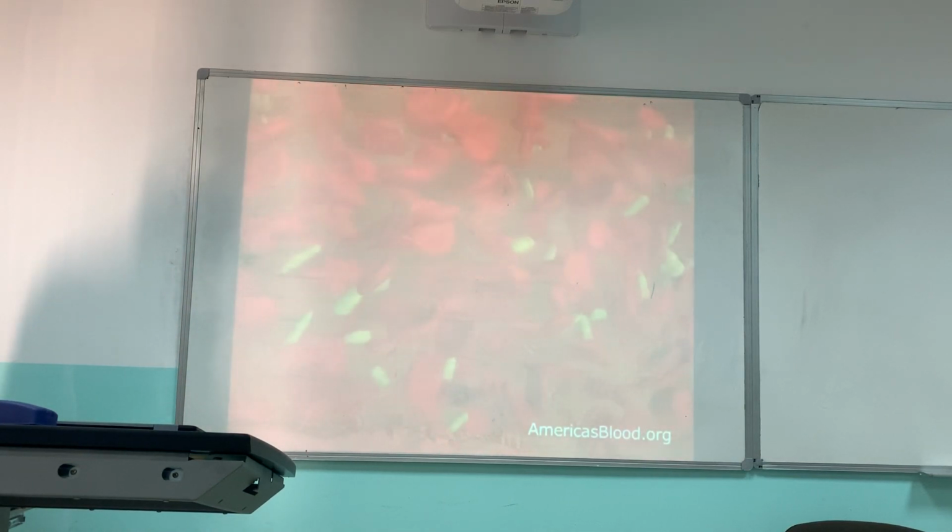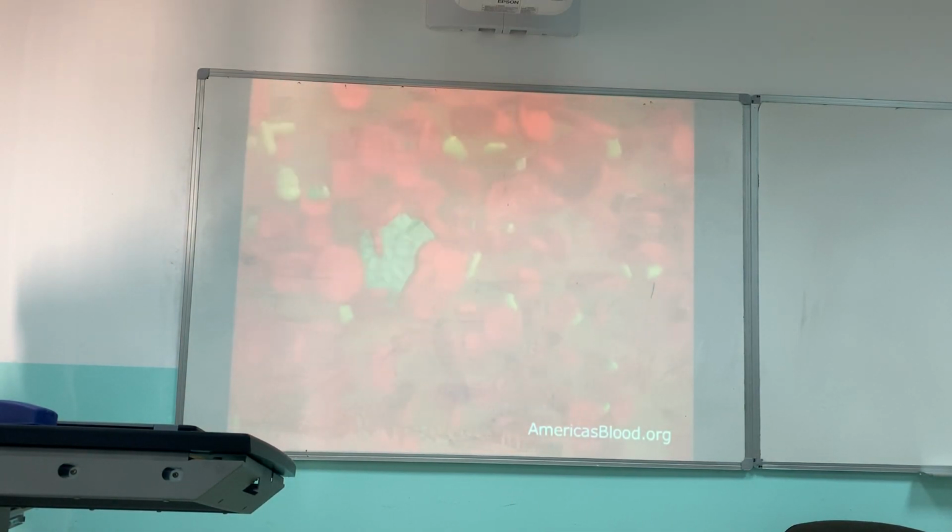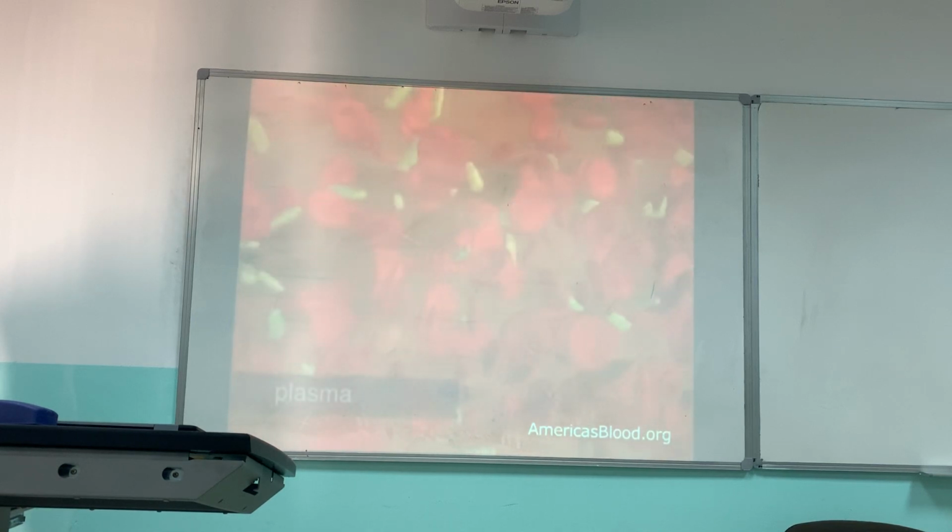What is blood? Blood is actually a mixture of cells suspended in a slightly yellowish liquid called plasma. Plasma is made